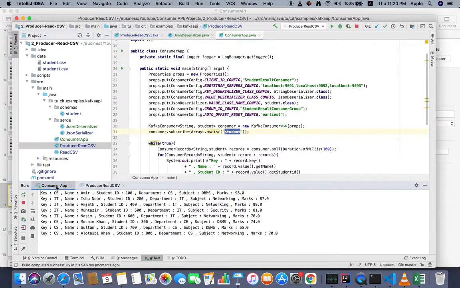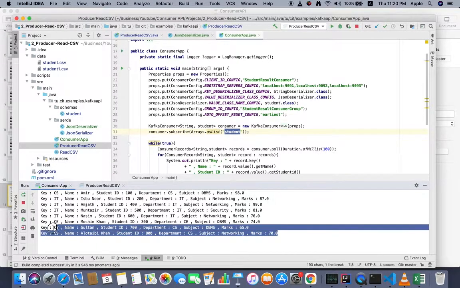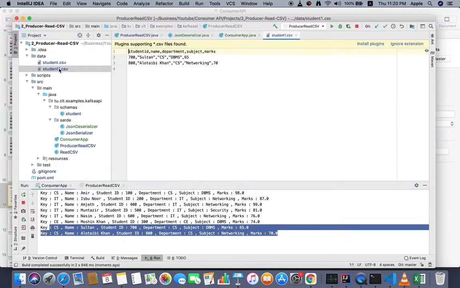Now done. You can see the new students, Sultan and Al-Otabi Khan, these are the two new students available in the student1.csv file.